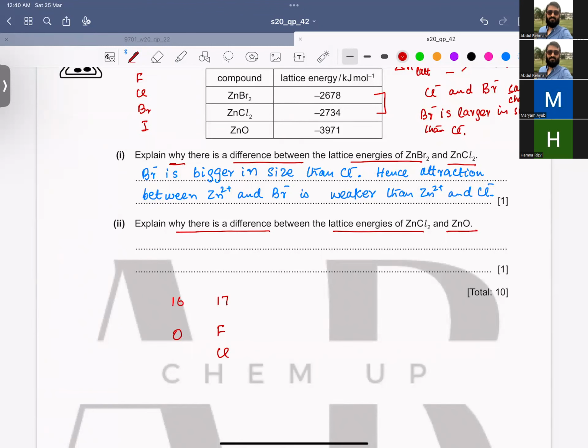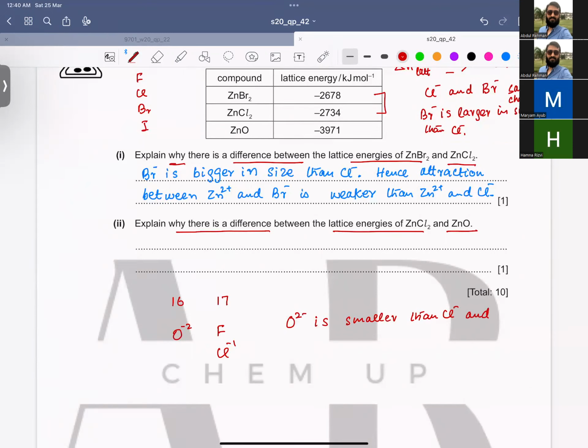So, oxygen, when it becomes oxide, it has a -2 charge and chloride has a -1 charge. So there are two factors. One is that oxide ion is smaller than chloride ion,